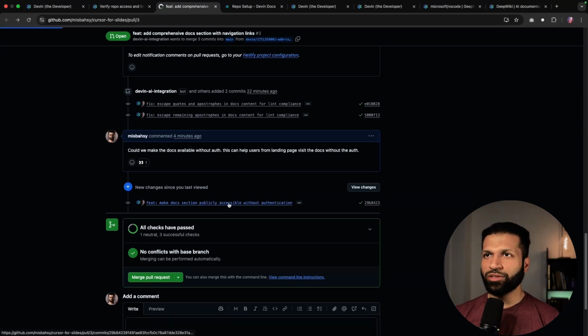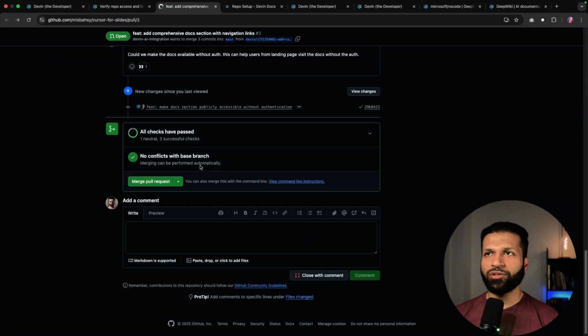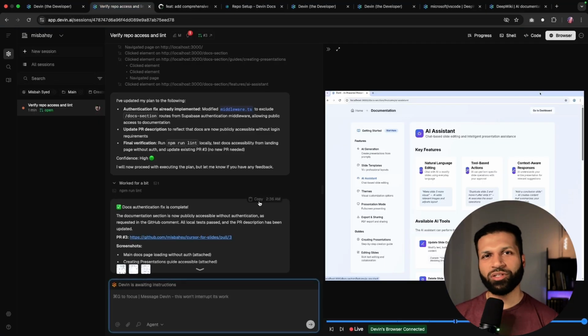I'm just going to quickly check what happened here. It made the change in our middleware. This was a quick change, but then it did all the tests. Honestly, this is quite amazing. These are the tasks that would have taken a lot of my time or time of one of the members in our team. So these could be just handled by commenting in the PR or just assigning tasks to Devin